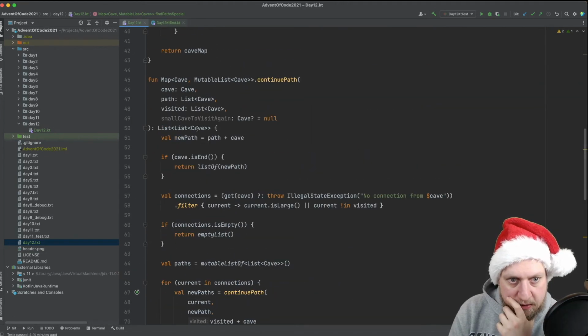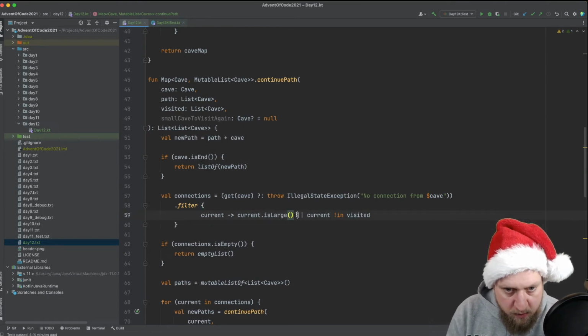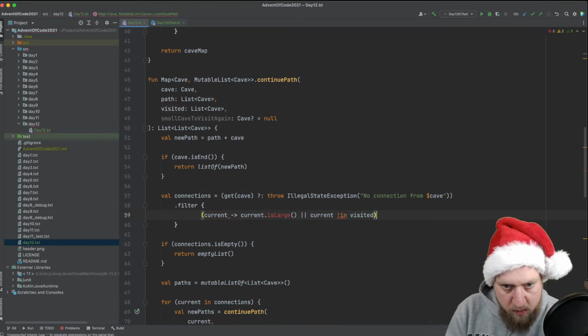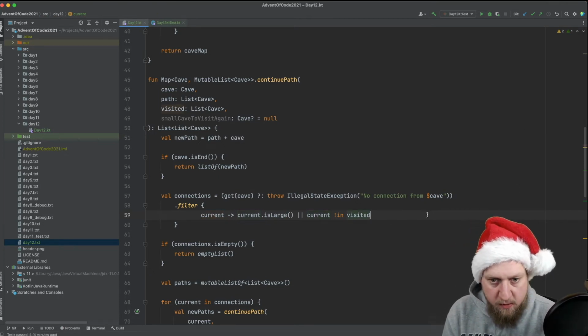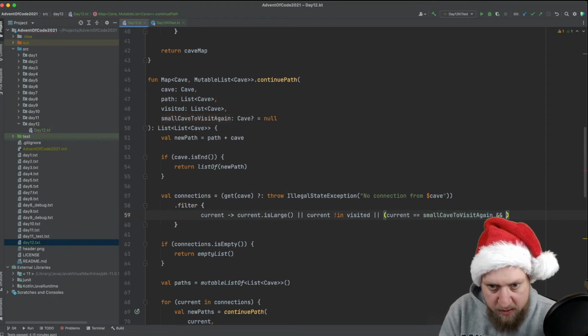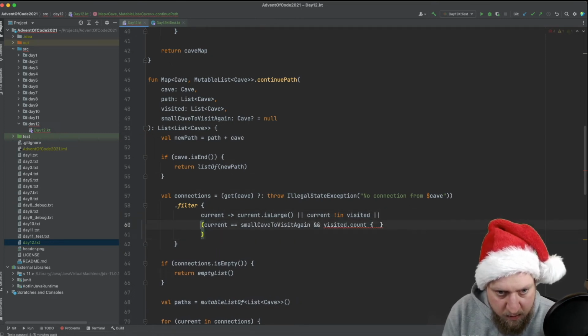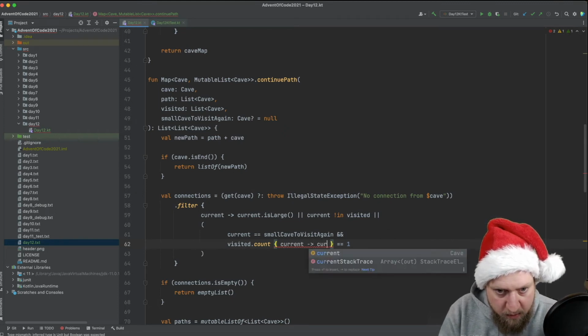Now we need to just implement the visit again. Either we found a large one, or the current one is not visited at all, or the current one is our small cave to visit again, and visited count, the count of this is 1 of current equals